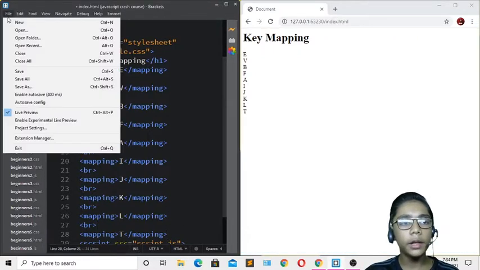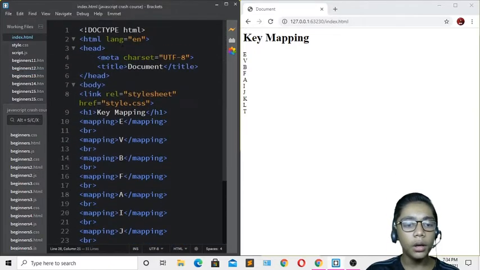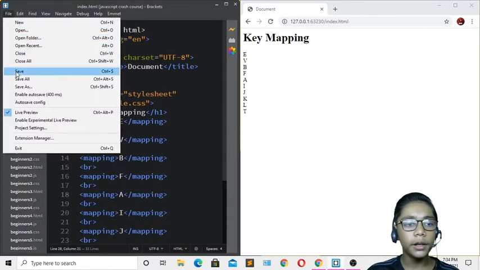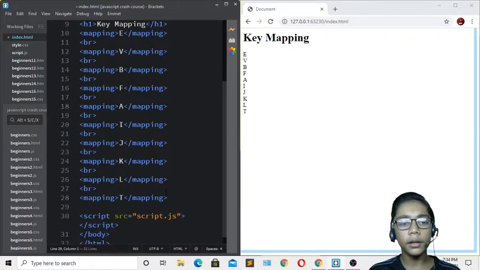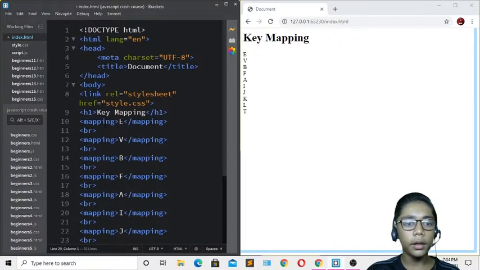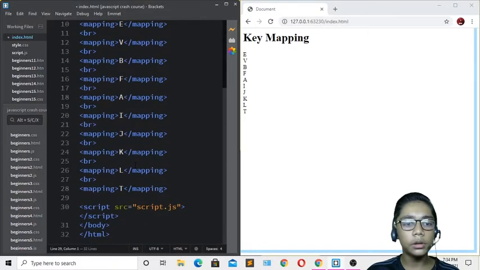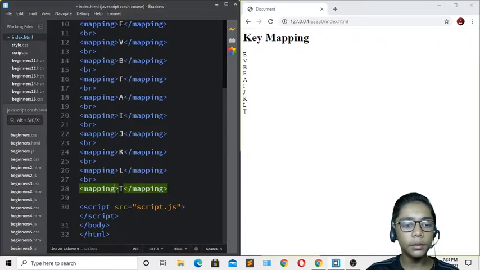So we have done till over here, I will be hitting save, and now when you've done these all, you have to hit save over here again. Over here I'll be writing another, like we have defined the h1 key mapping, then mapping also. You have to do nothing, you have to just hit save now.